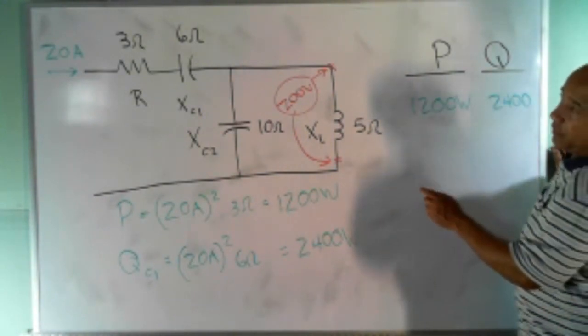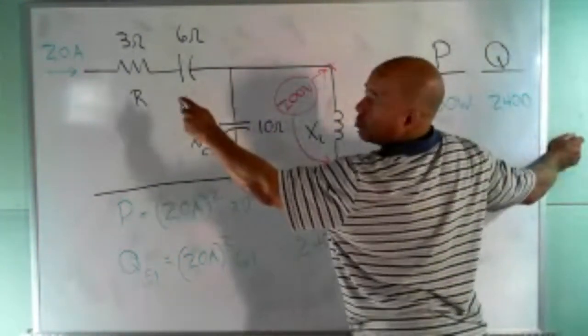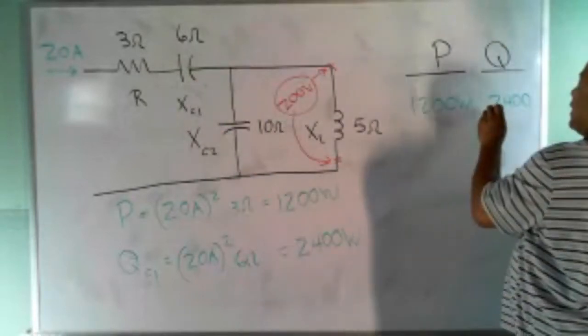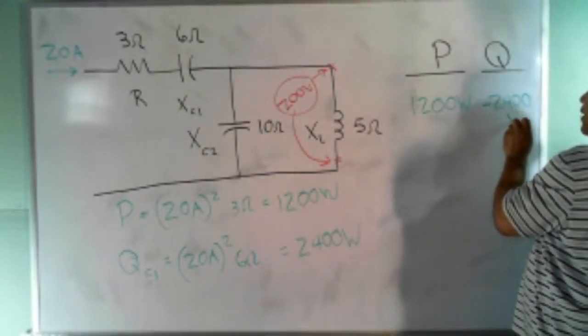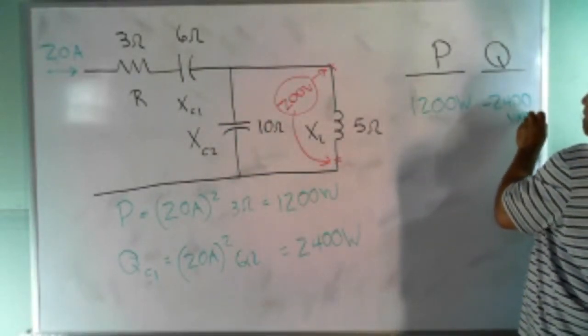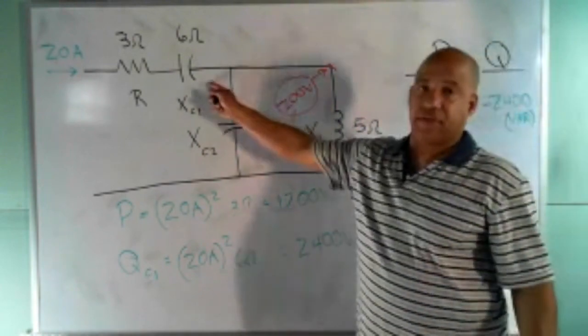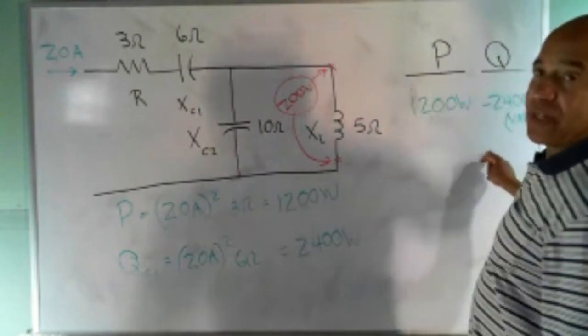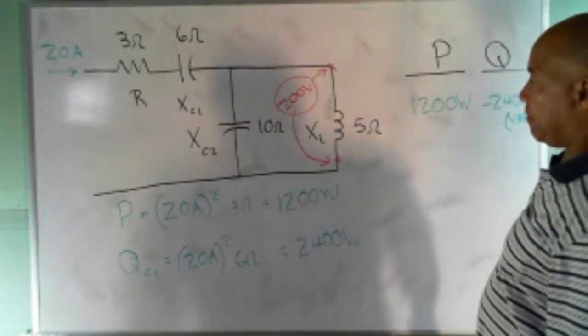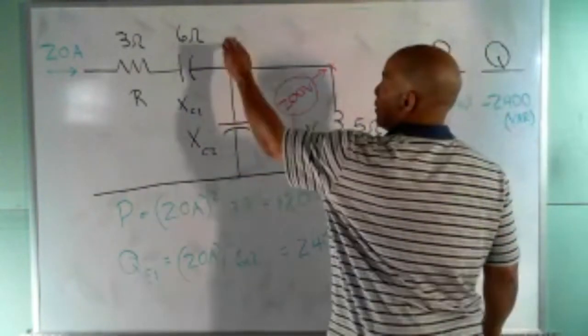But that would be a negative. This is what Dominique was pointing out. Right here, that would be a negative 2400 VAR because it's capacitive. Now you can see what I'm doing on the table. I can just tally everything up. Well, the power from here, we'll call it